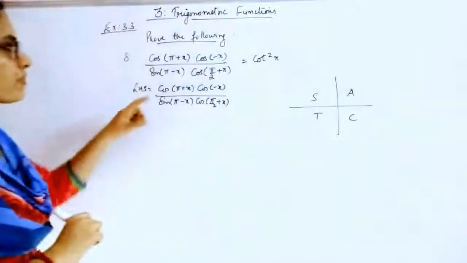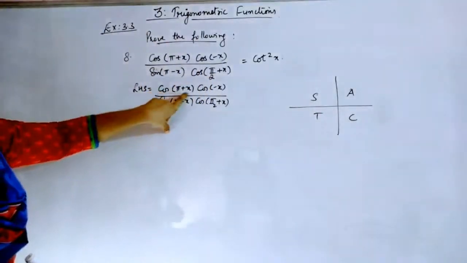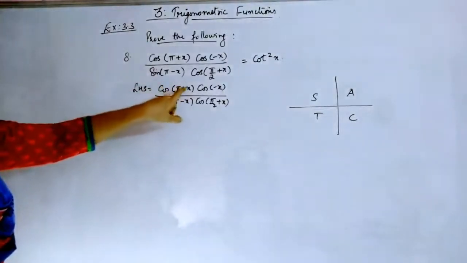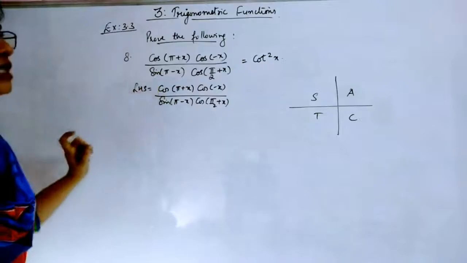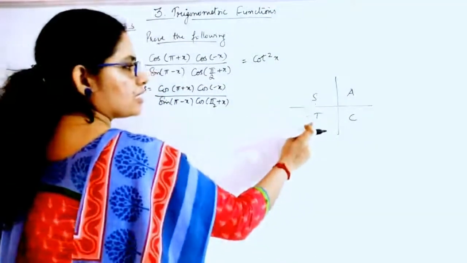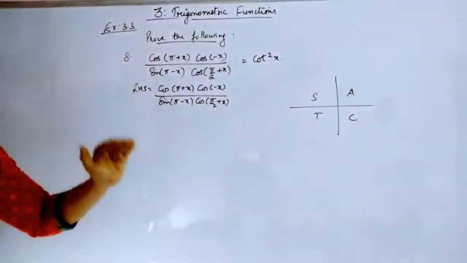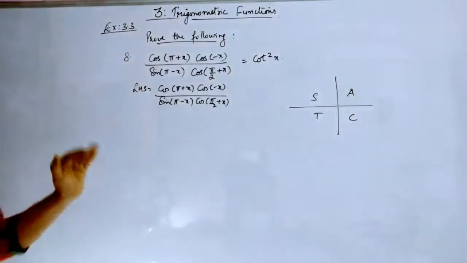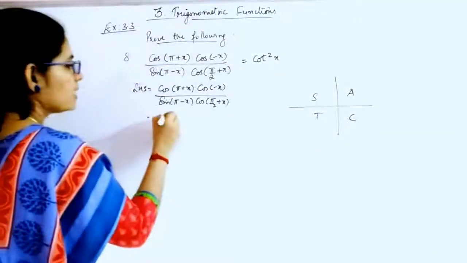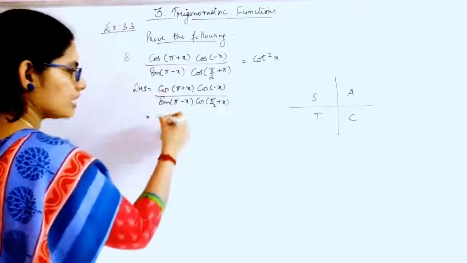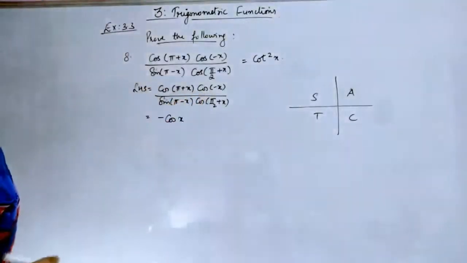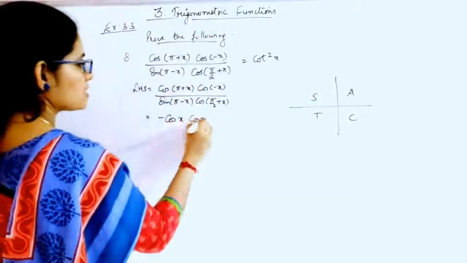Now cos of, if you have pi plus something, it will give you the same trigonometric function, that means cos of whatever angle this is. And after that you have to see in which quadrant it lies. Now pi plus x means this is pi and here it will lie. That means pi plus x is in the third quadrant. In the third quadrant cos is negative. So you will get minus the same thing, that means minus cos of whatever angle it is. Now cos of minus theta is cos theta. So you will get it to be cos of x itself.